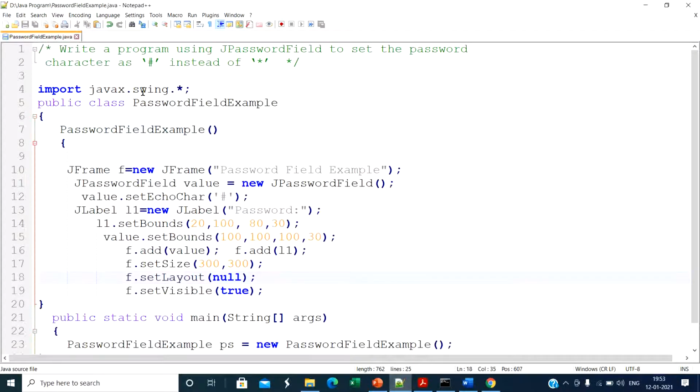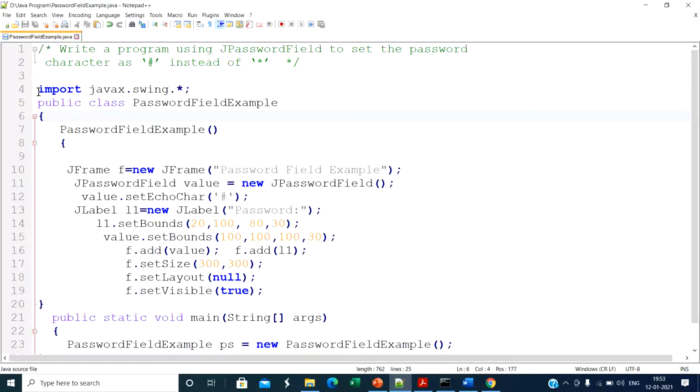This is a simple program: write a program using JPasswordField to set the password character as a hash instead of star. By default it is star. If you do not set any specific character, then it displays star. In this program we set the hash character for the password field.